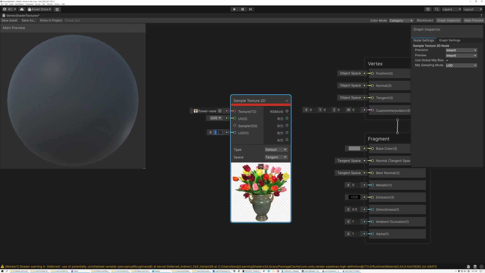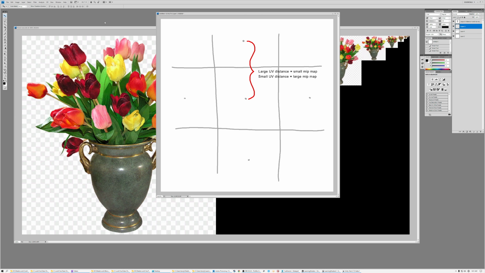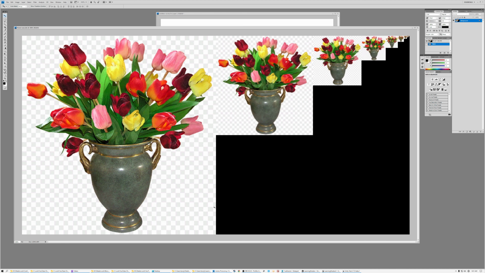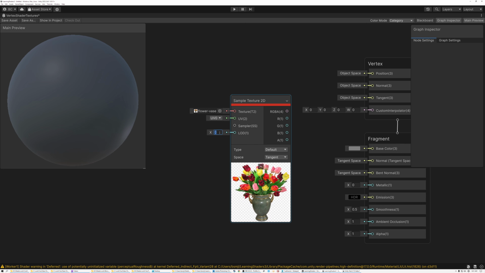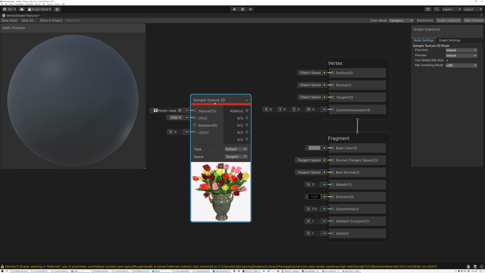So you can see if I type a value, a value of 0 means the highest MIP level. So 0 is going to be sampling this large version of the image. But if I type another value in here, say like 5, now you can see I'm getting a blurrier version of the image here in the preview. And that's because it's sampling a MIP level that's further down the chain. This is a much lower resolution version. So I'm just going to set this to 0 for now. But the takeaway here is that now I have my sample texture node set to LOD for the MIP sampling mode,